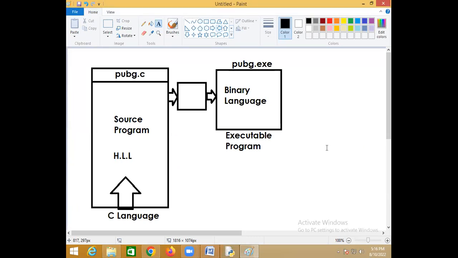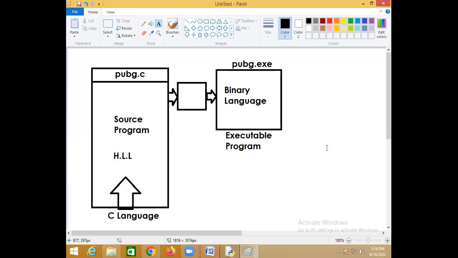To run the game, what do you require, .c or .exe? Then which one will you sell? .exe.